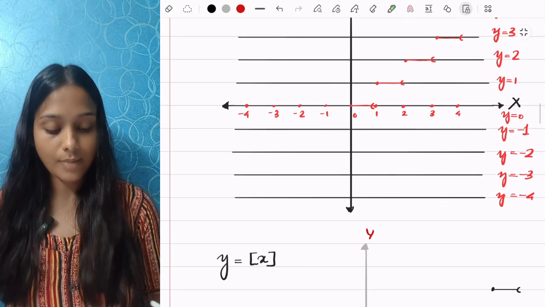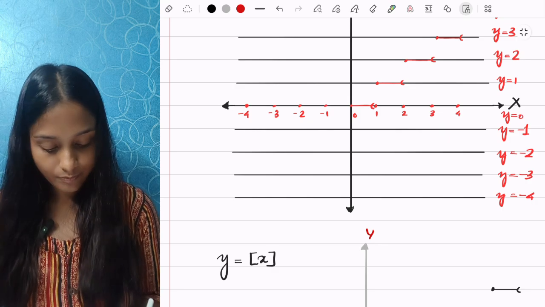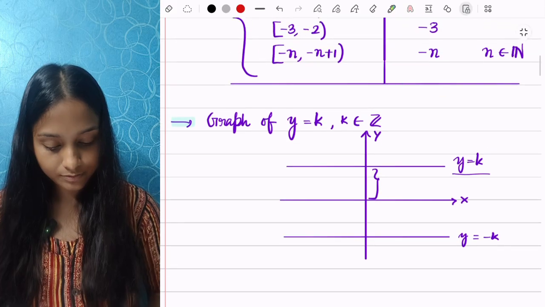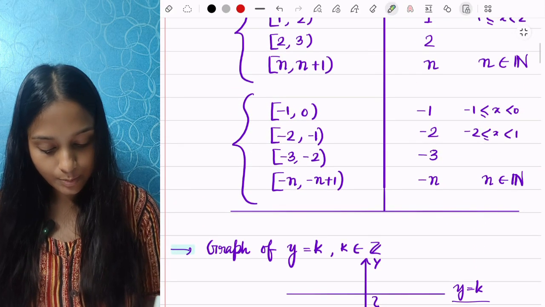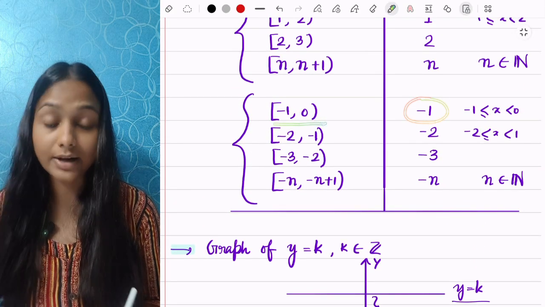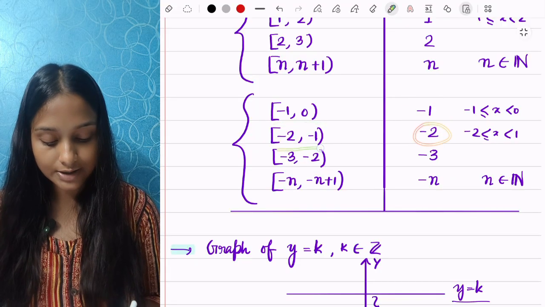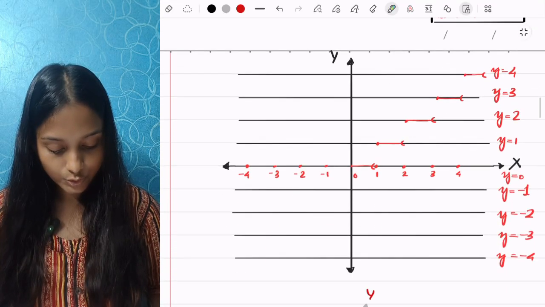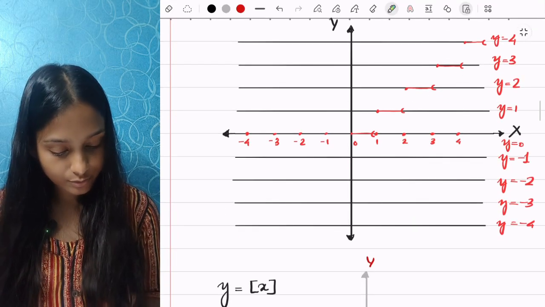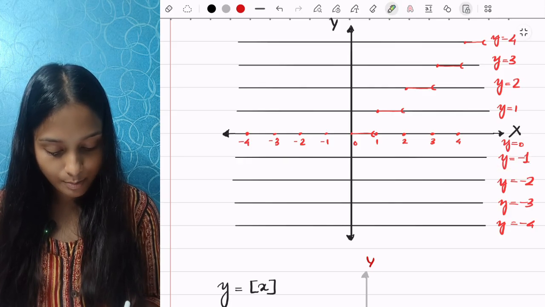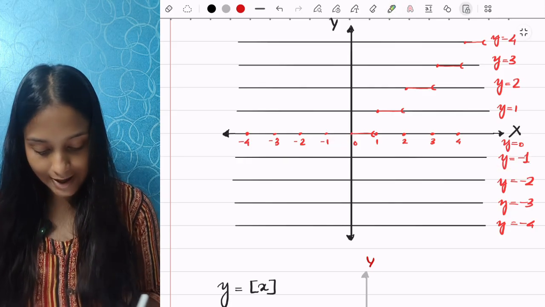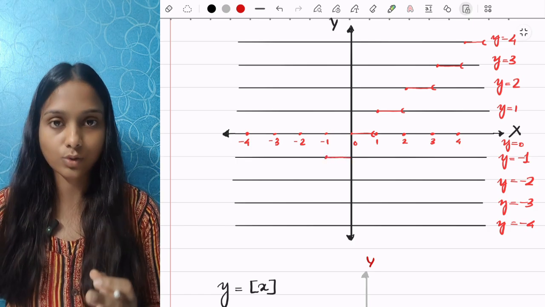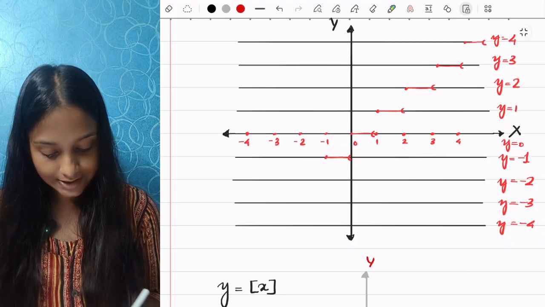Similarly, let us see what the minus side holds. So let me show you first. So -1 occurs in between -1 to 0. -2 occurs between -2 to -1. And there is the closed left hand side. So -1, which is this one, occurs between -1 to 0. So we have this, where this one is closed, the left hand side is always closed for the box function, and this side is open.